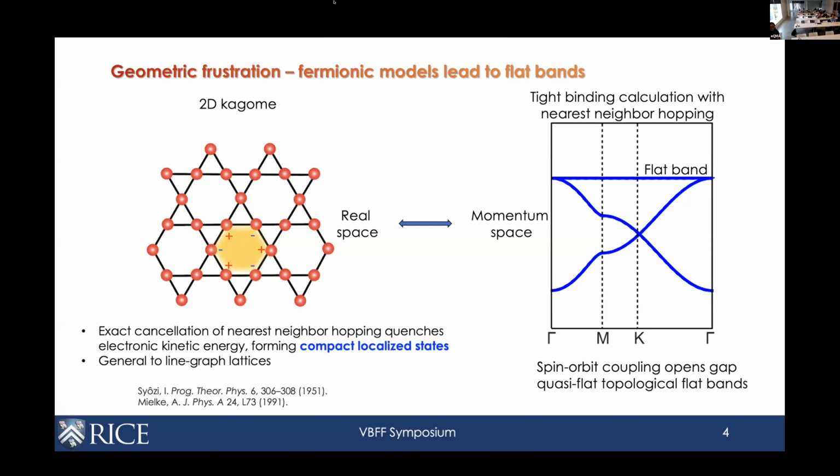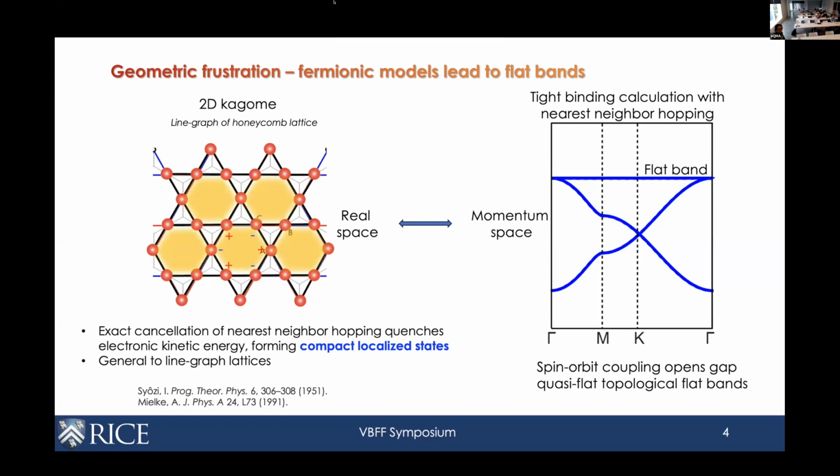So just like the case of twisted bilayer graphene, in bulk materials, there are such materials that give this kind of geometric frustration that lead to these flat bands, right? So this is one way that the community has come together to think about and realize recently in many types of materials. And I just want to say, not only is this special to Kagome lattice, but this is actually a method